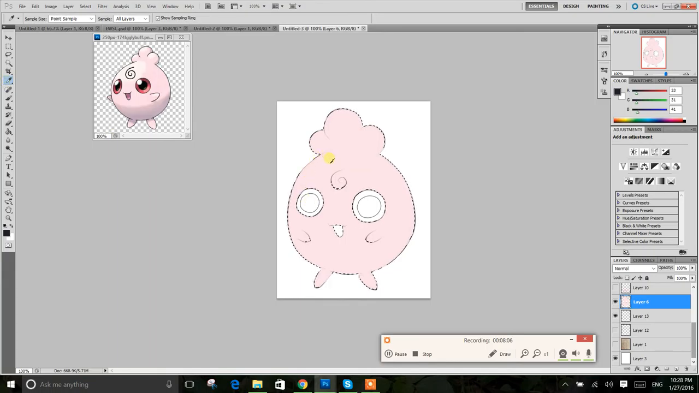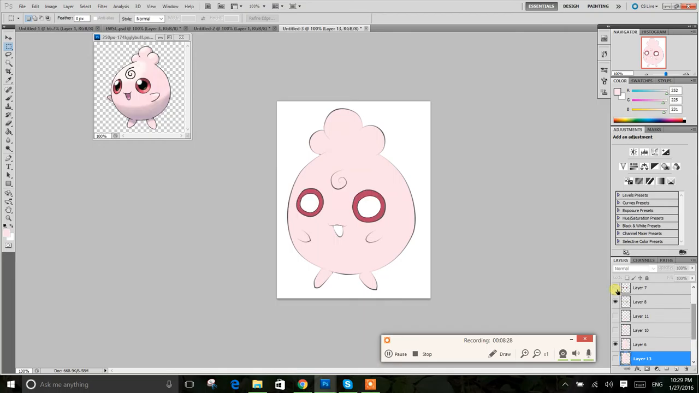Let me just get the color. Alright, so now you're ready to use your paint bucket tool and then just color it in like that. And so that looks pretty good. So then basically I colored in everything. Alright, I'm not going to go through and finish this, but